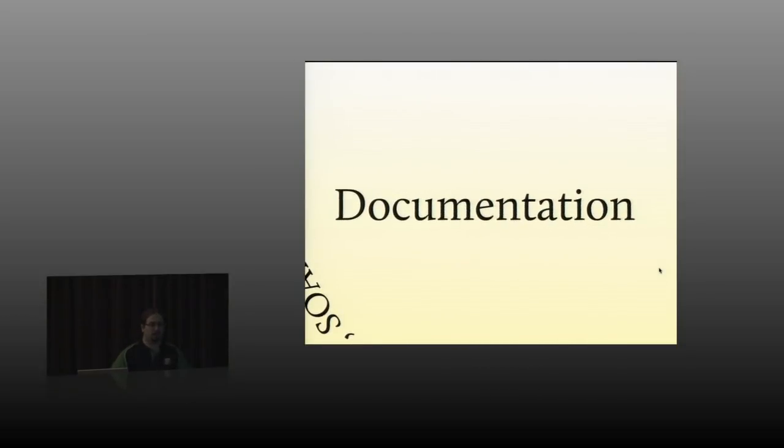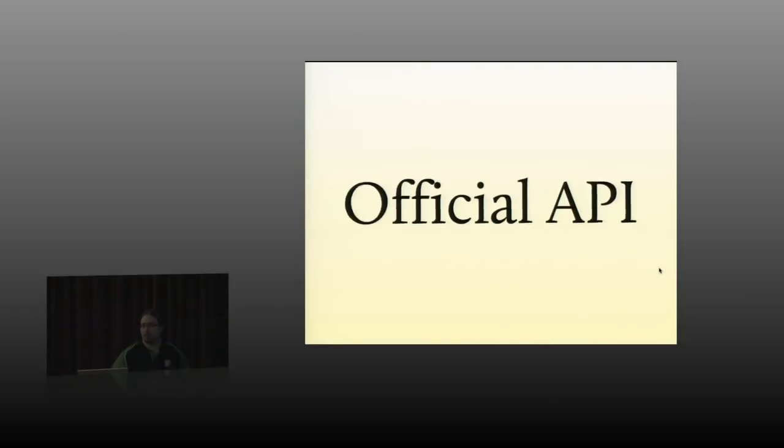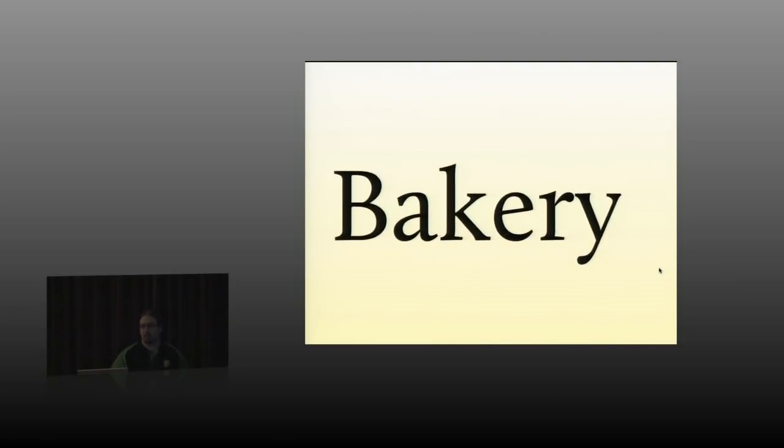Documentation is a big thing. It's something we've been improving over the last few years. There is an official API, so extending our documentation. We've got an API for CakePHP 1.1, 1.2, 1.3, and as we come up with new releases, we release APIs for those. The Bakery is a huge resource. People love submitting articles. There are articles from the core team, articles from users, and comments, and it's a great resource for code, different implementation ideas and techniques.